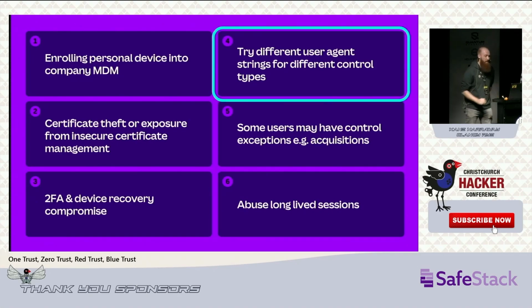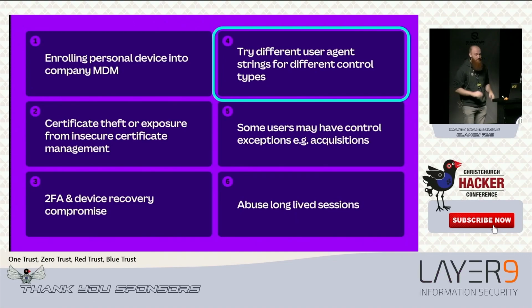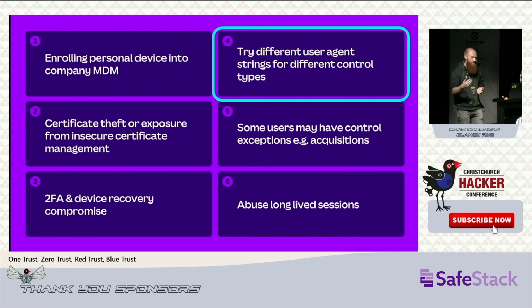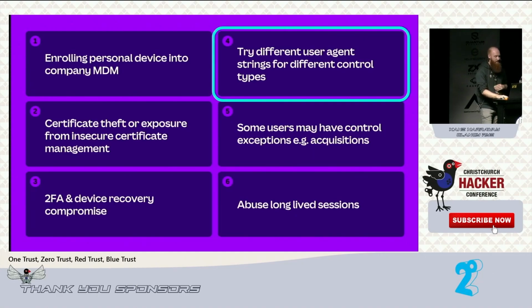The second is, and I kind of mentioned this, just try different user agent strings. Like, seriously, you would be surprised. Companies will roll out zero trust because they're managing their Windows or their Macs really well, but they've got like 100 Linux users who are hiding in the basement somewhere, and they can't be bothered to manage them, or they can't manage them, and so they just go, oh yeah, we'll just let those through, and that's fine. And so if you can get a user's credentials, I would say just try different checks. It's very easy.